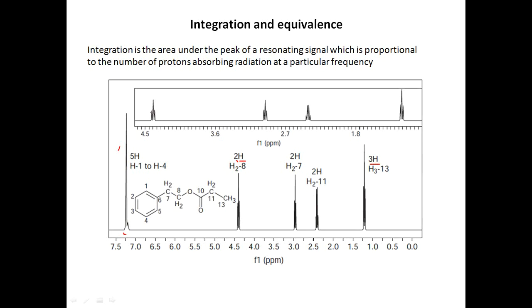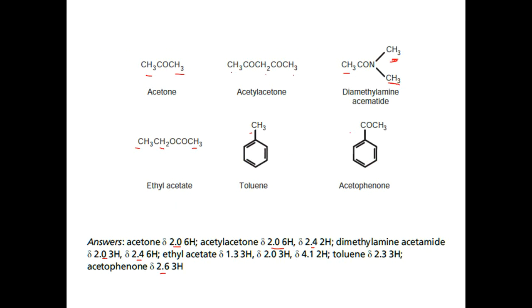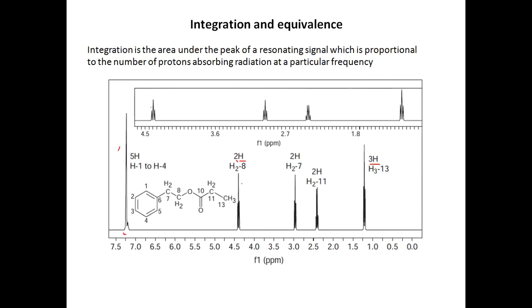But here, one concept we were seeing is that this is a methyl group and this is another methyl group for acetylene, but they do resonate at different frequencies, right? In dimethylacetamide also, this methyl group and these two methyl groups resonate at the same frequency, but this one resonated at a different frequency. Why were the methyl groups resonating differently?